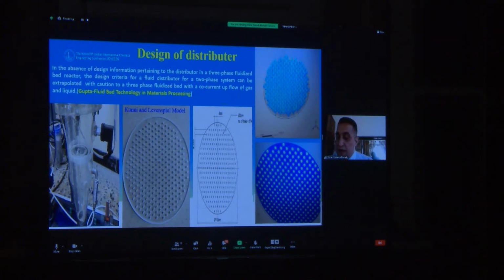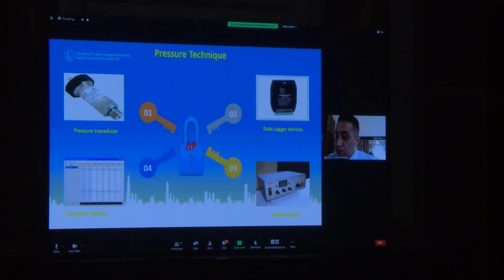Gas distributor: an air aperture distributor with 10 centimeter diameter and 20 circular holes of 2 millimeter diameter. This distributor is important to generate uniform bubbles circulating across the column. This distributor design was simulated by a CFD simulation package to ensure that the distributor pressure technique. The pressure drop of the bed was measured using 5